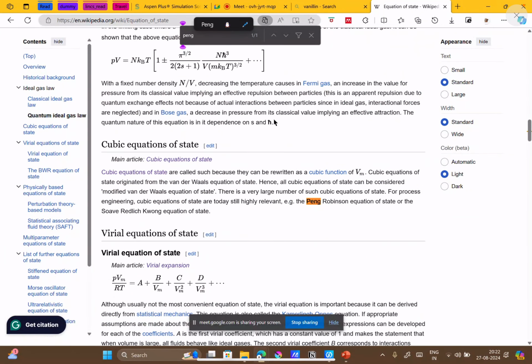Even if you recall your thermodynamics classes, when we were calculating the SRK or Peng Robinson equation of state, or the Van der Waals equation of state, these A and B parameters are associated with the TCPC values of your compound.